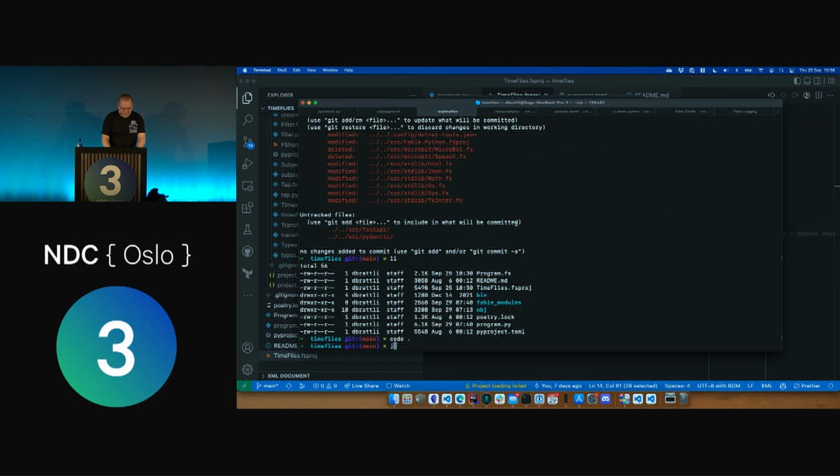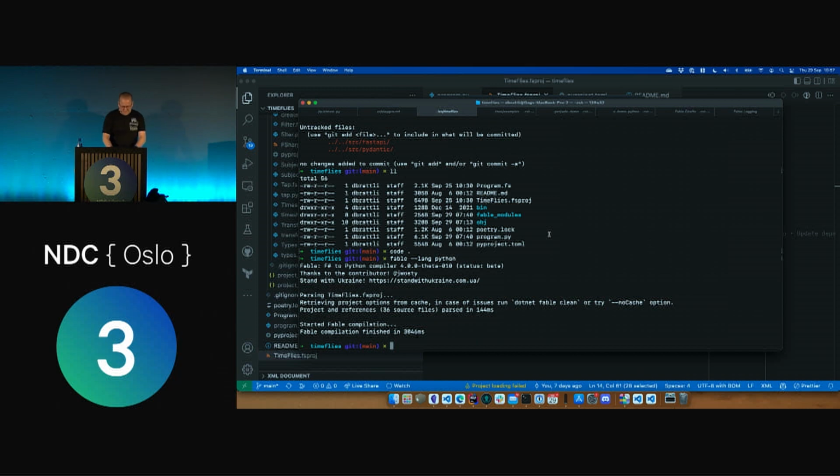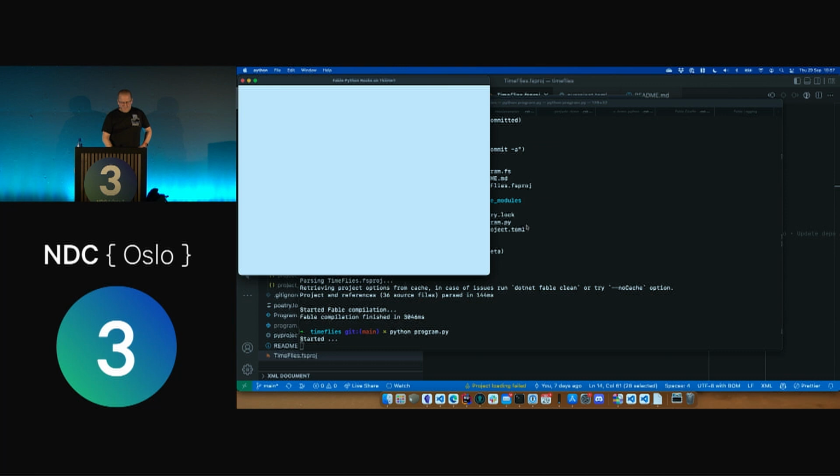So we can say here Fable minus and now it compiles all the code to Python, and we can run it. And now you have this character stream that is being, it might be a bit small for